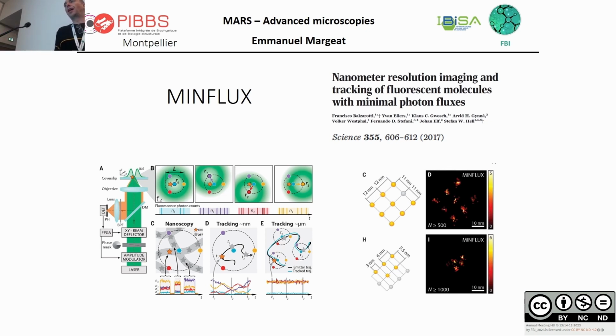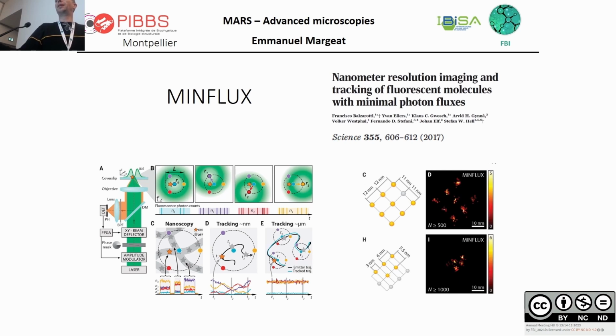Well, it's a Hell microscopy, so you need a donut somehow, that you do have a pointer? Yeah. So yeah, the idea is that you have your excitation beam that has the shape of a donut, and